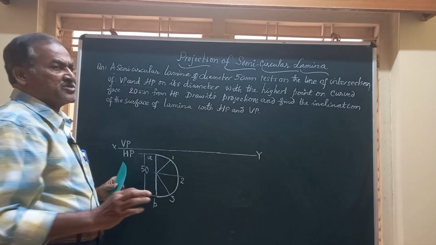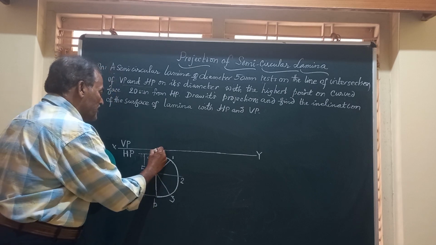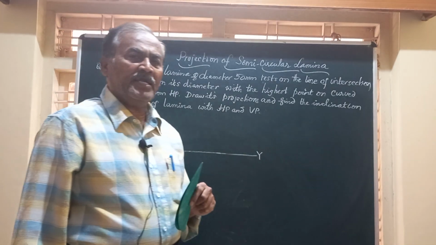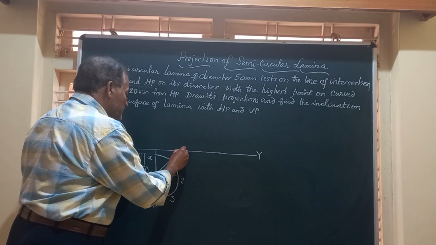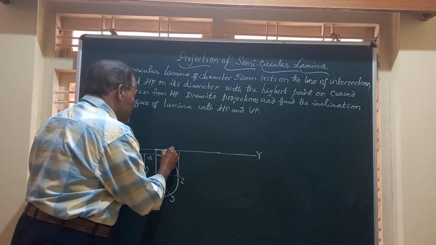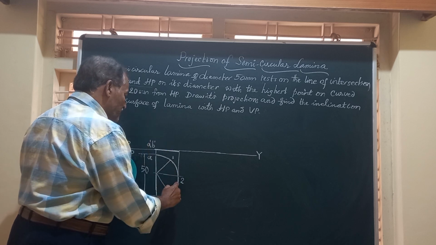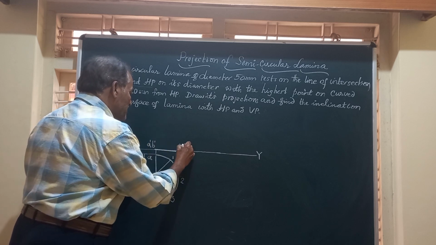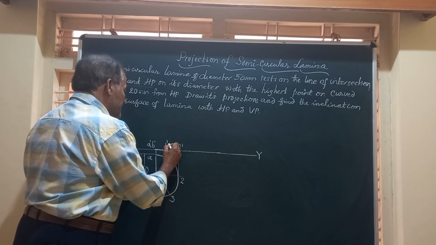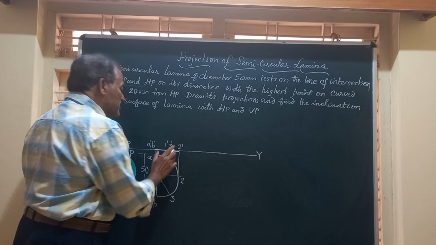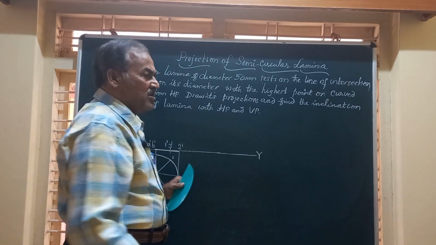Now the lamina is resting on HP with the diameter AB normal to VP or perpendicular to VP. And let us obtain the front view of this. The front view very obviously is going to be a line on XY. So this point is going to be A dash, B dash. This point is 2 dash. This is 1 and 3. They fall on the same line. This is 1 dash, comma, 3 dash. So this line on XY represents the front view of the lamina when the lamina is resting on its surface